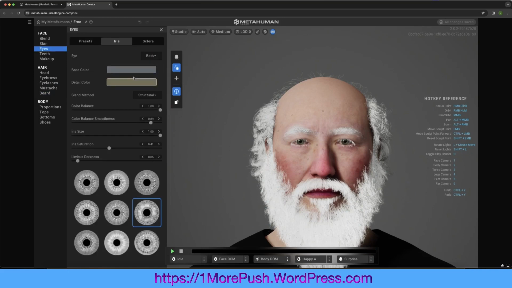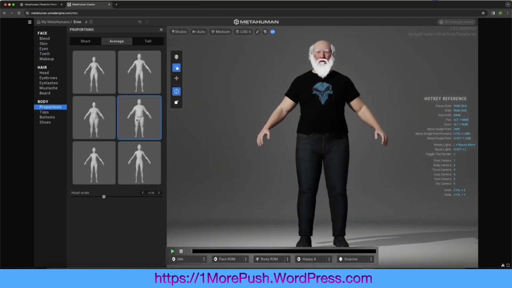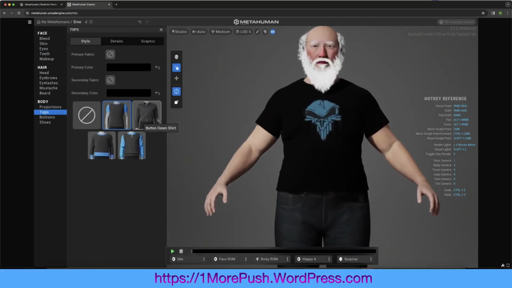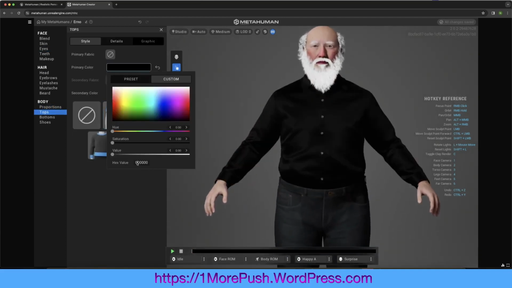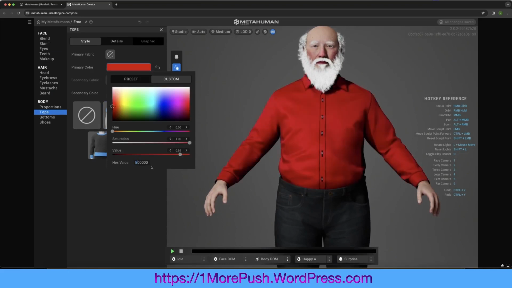And I might change the eyes too. I want them to be a little more blue. Good. Okay, now let's go body. Make sure we got a nice plump Santa. And let's change his shirt. Let's choose a primary color. Of course, we'll do red, which happens to be,